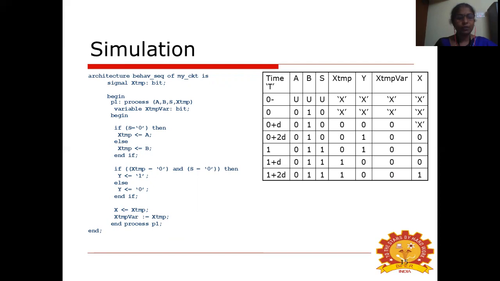If S is equal to 0, A is assigned to xtemp, else B is assigned to xtemp. If xtemp equal to 0 and S equal to 0, 1 is assigned to Y, else 0 is assigned to Y. Xtemp is assigned to X and xtemp is assigned to xtemp variable. Only a small modification in the program is done.